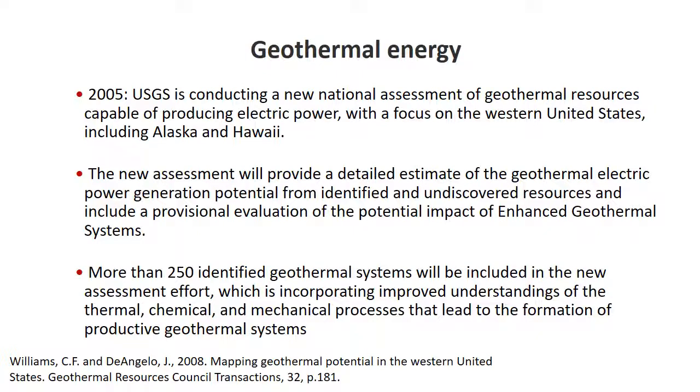Last example is geothermal energy, and this is relevant in many areas of the world. For example, in the United States, in the Basin and Range province. So in 2005, the USGS was tasked to provide a national assessment of those resources that are capable of producing power within the United States. And that is indeed, of course, eventually for electrical power generation, or also for what's called enhanced geothermal systems. So there were already 250 identified geothermal systems,